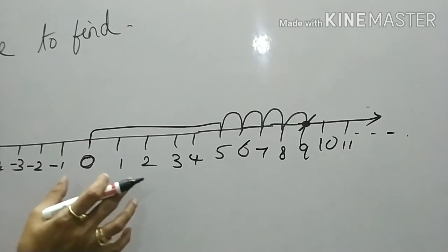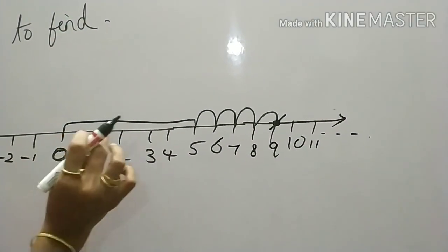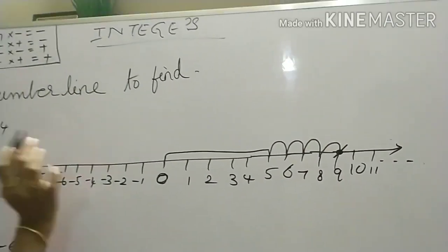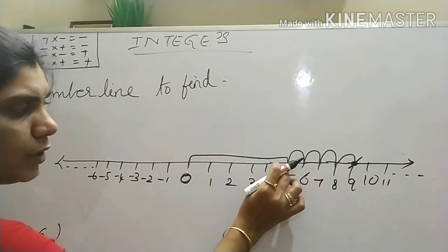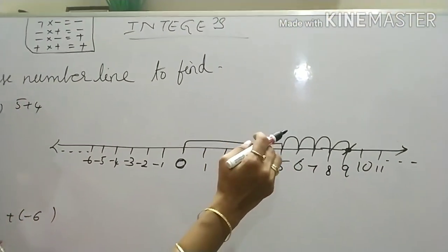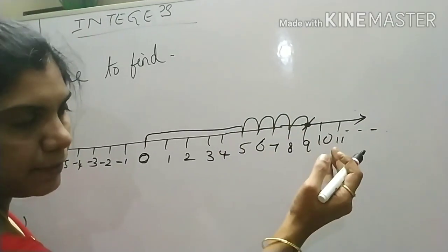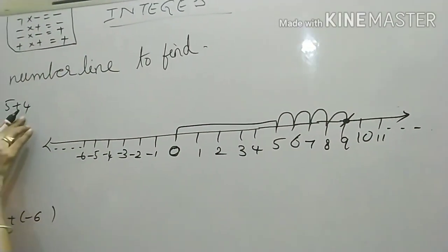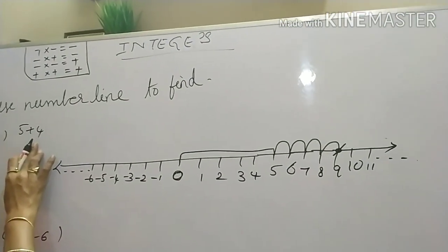Okay. You have to do additions or subtractions like this. First you have to go to the first number. So from 0 you have to start and go to the first number. After that you have to add. Addition means always you have to go forward. That means you have to go right hand side. Which number we have to add here? 4. 4 we are adding means 4 steps we are moving towards right hand side.